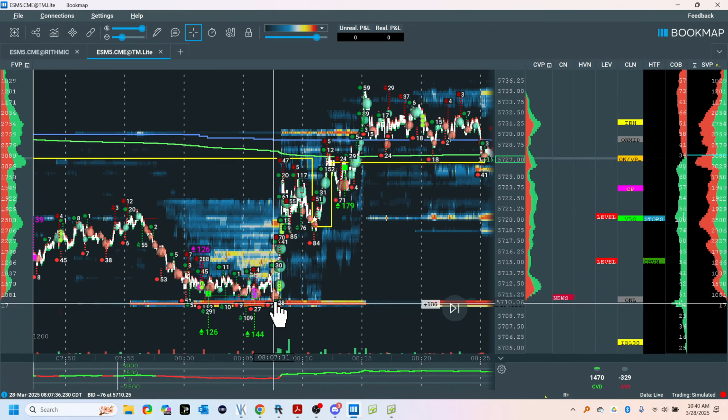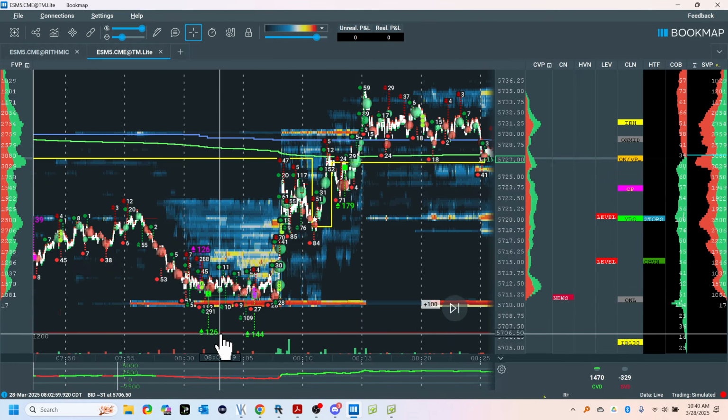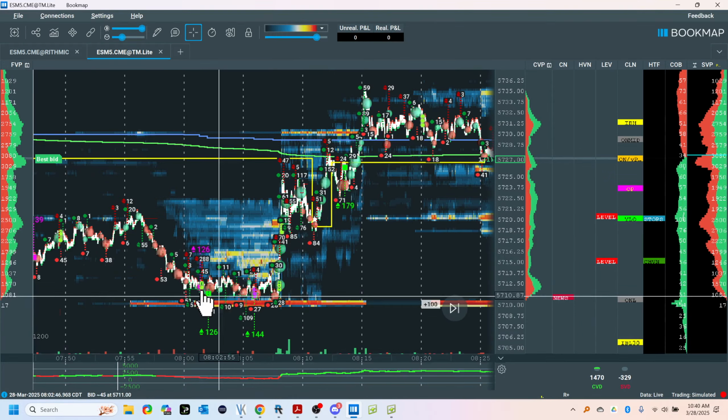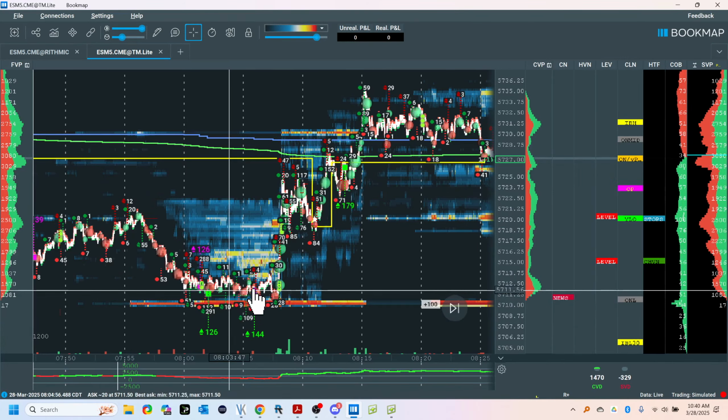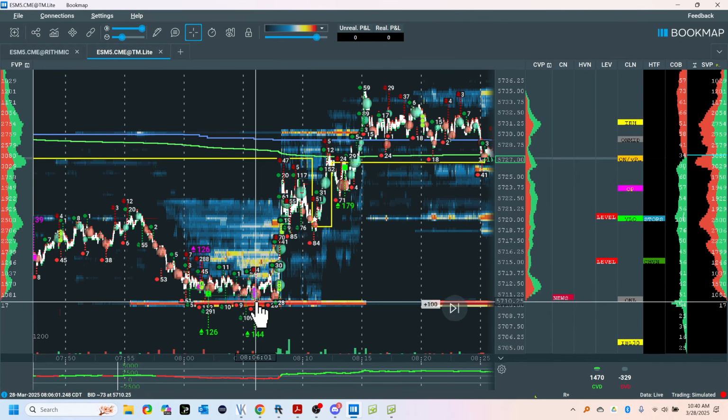Liquidity. Absorption. This is the absorption detector. I don't need an absorption detector to see absorption, but I thought I'd put it on here for your dining and dancing pleasure. This is a sell sweep. Often, and it's not mechanical,